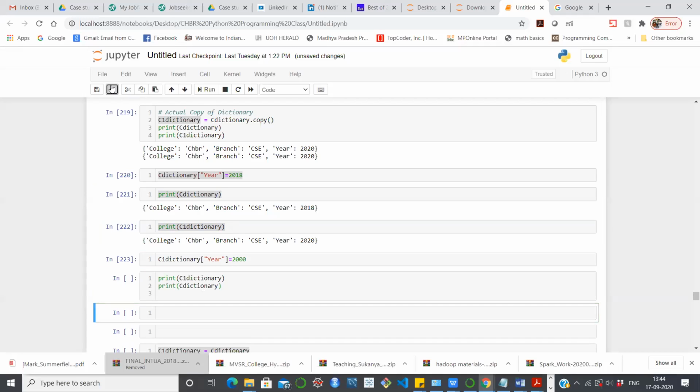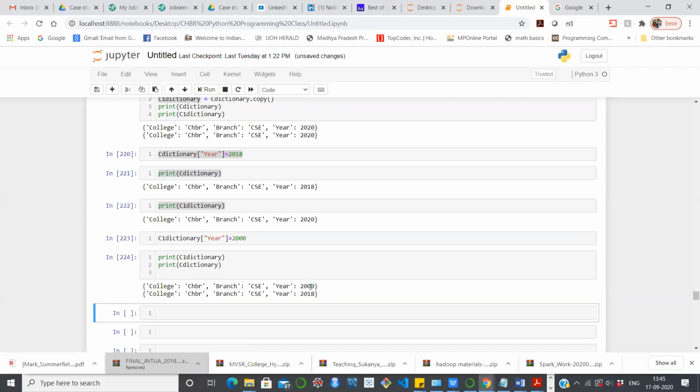Let's see what value we will get. So here you have done changes on the C1 dictionary, and here you have done changes with 2018.